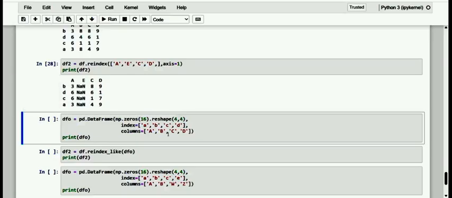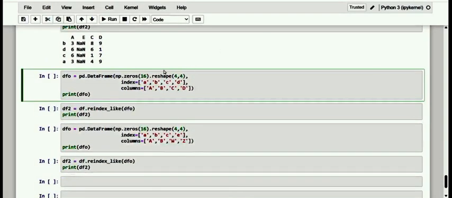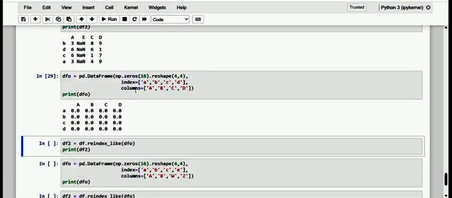So let me create a data frame here. Kindly have a note of it. I'm going to make it with zeros, 4 by 4, providing the index and the column as we decide here. Now we will apply the reindex method on our data frame which we want to reindex.